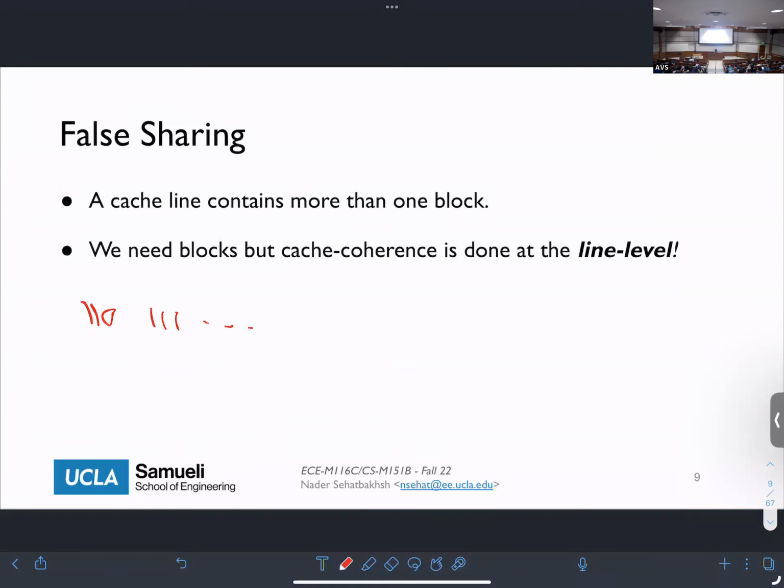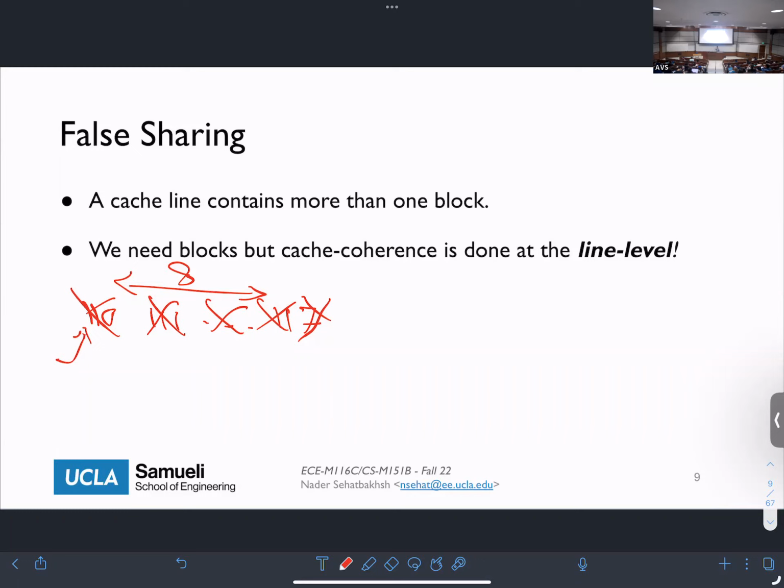Let's say if you have 8 of these blocks, all the way to 117, for example, they all go into one line of the cache, right? So if you want to read this, we're going to bring this. If we want to evict this, then we're going to also evict all of these things, right? So that's the idea of having a cache line. What will happen is that because of the cache coherence, we're going to have what we call a false sharing. So cache coherence also happens at the line level. We don't do block level cache coherence. We do line level cache coherence.